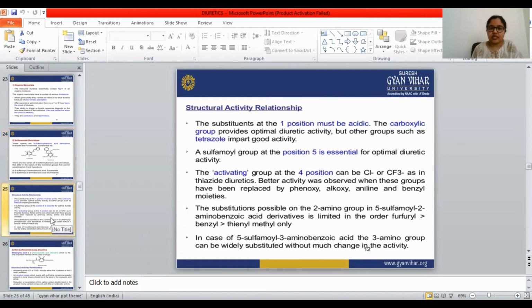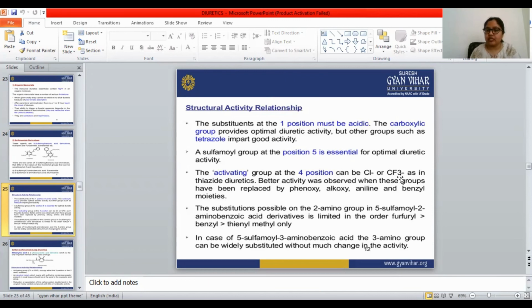And the structure activity relationship: the substituent at the one position must be acidic. The carboxylic group provides the optimal diuretic activity, but other groups such as tetrazole impart good activity. And the sulfonamide group at position 5 is essential for optimal diuretic activity, and the activating group at the